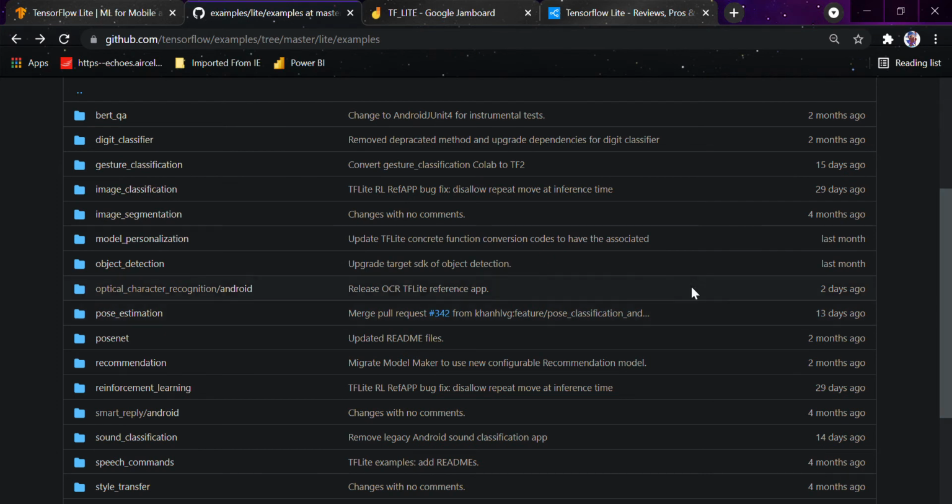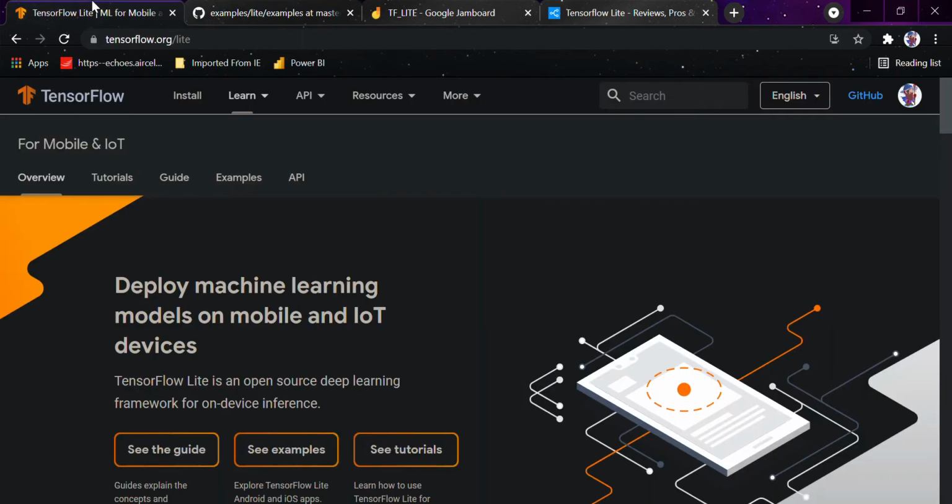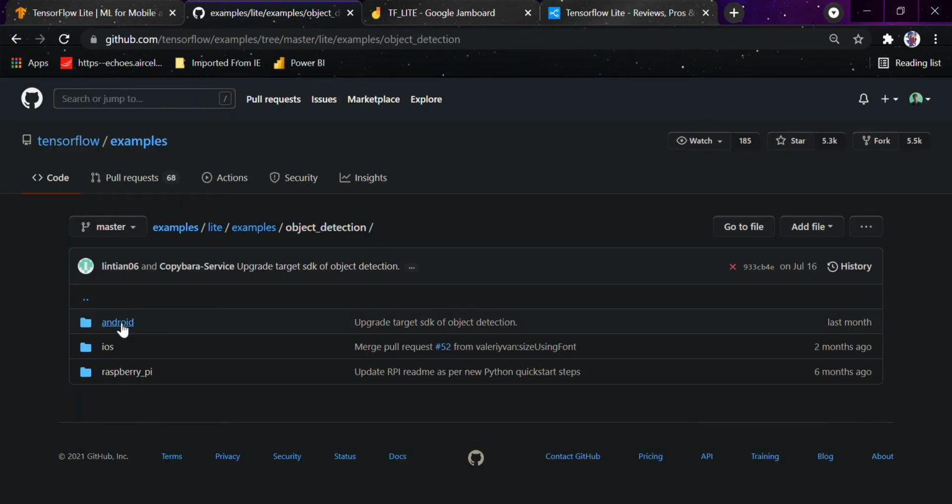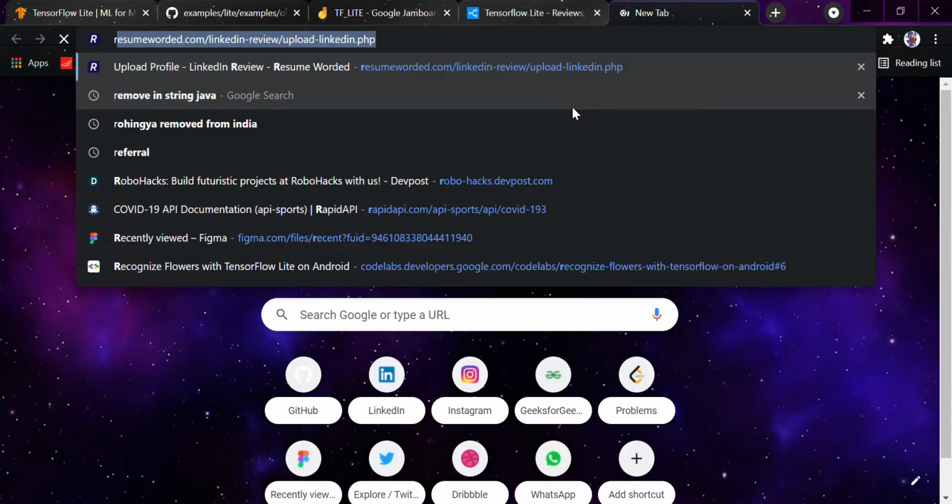The object detection, image classification, a lot of these things are available. Suppose here I go on object detection. Now you can see here there are three models available: Android, iOS, Raspberry Pi. Raspberry Pi, for people who don't know about Raspberry Pi, I would just show you an image of Raspberry